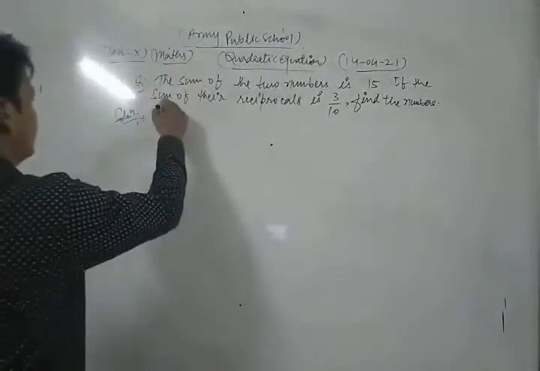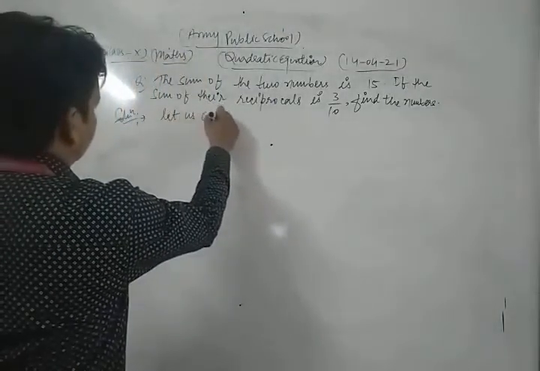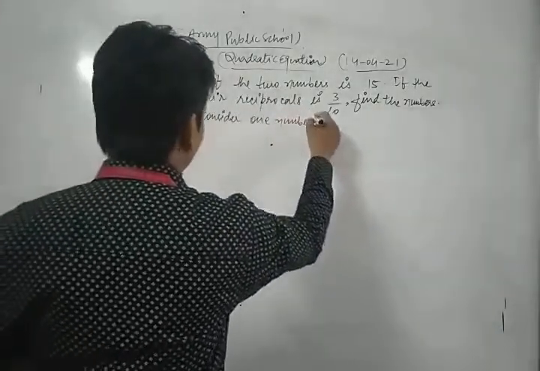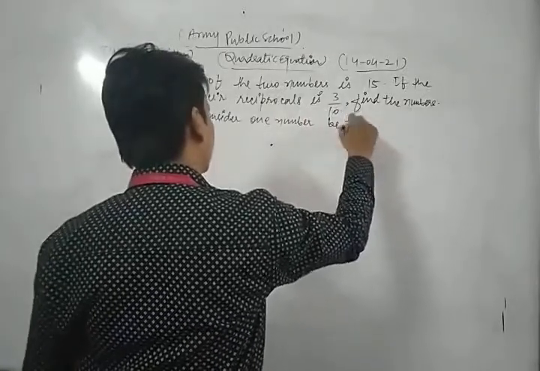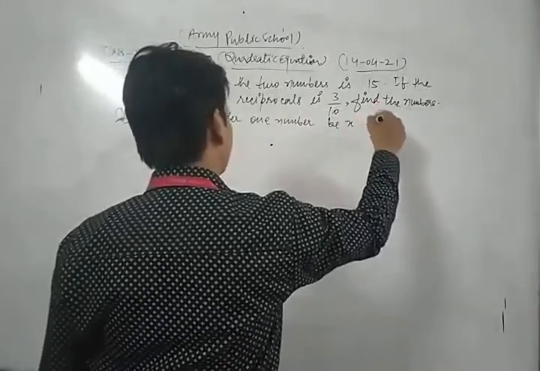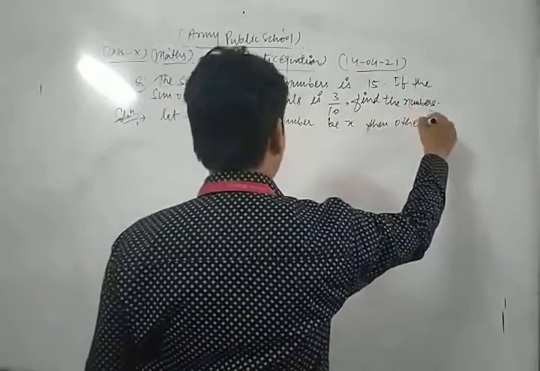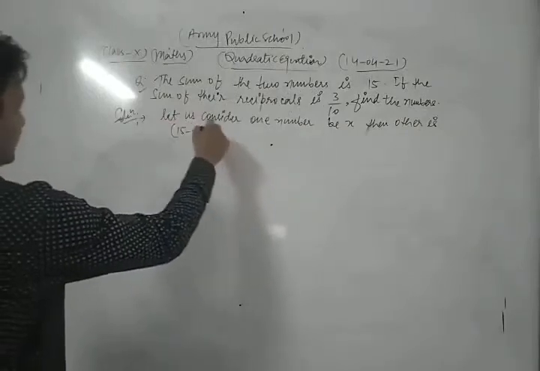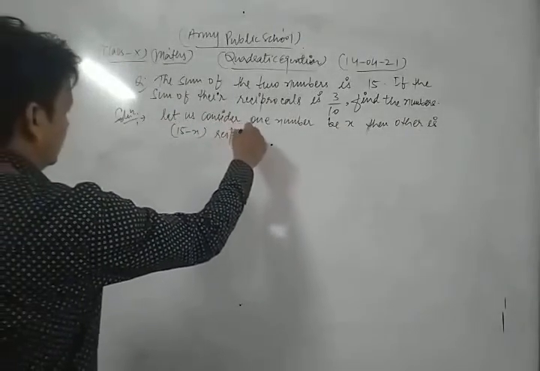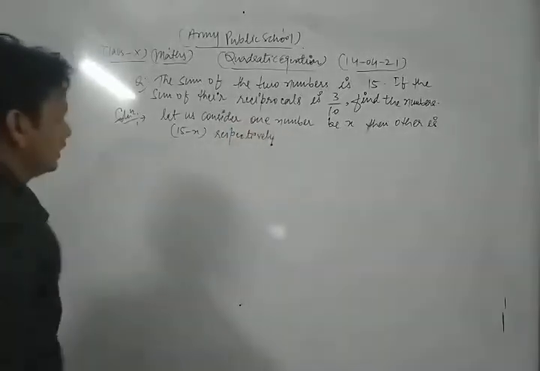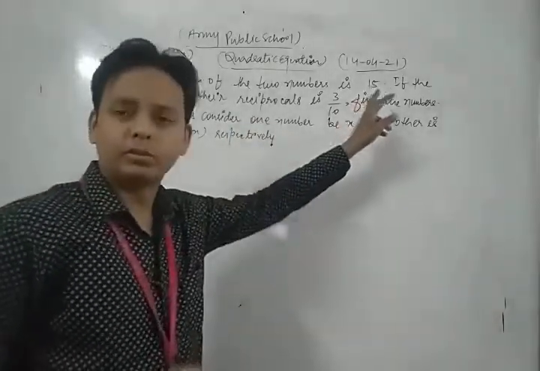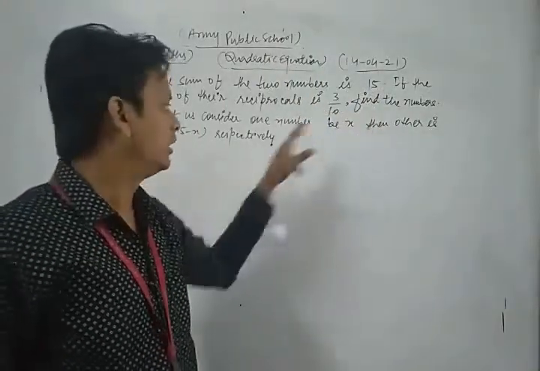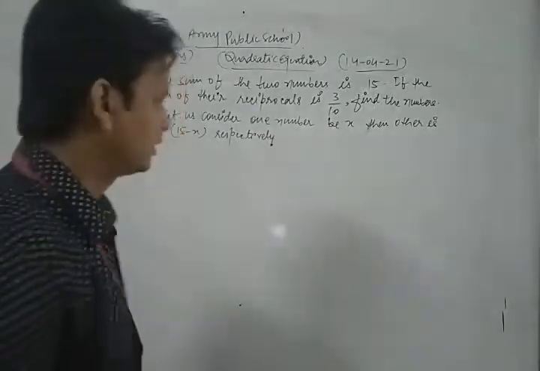Let us consider one number be x, then the other is 15 minus x respectively, because the sum of the two numbers is 15. So for that question we take one number as x, then the other is 15 minus x respectively. Thus according to the question,